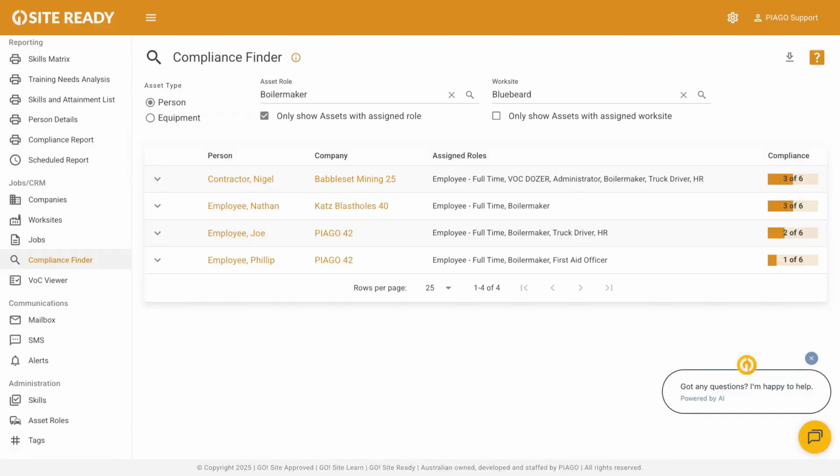Now you can instantly verify who's ready for what, ensuring a safe and qualified team for every job. With the Compliance Finder, checking your